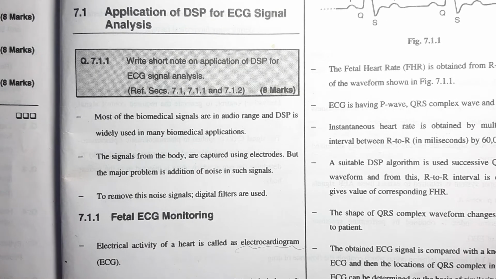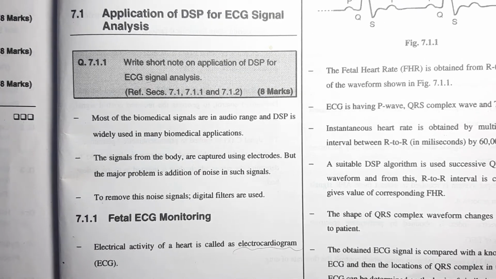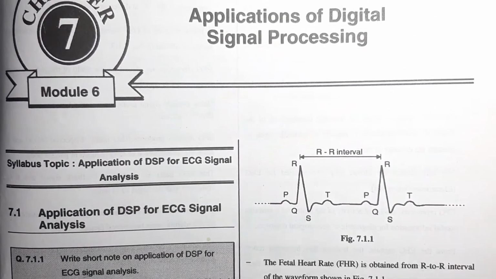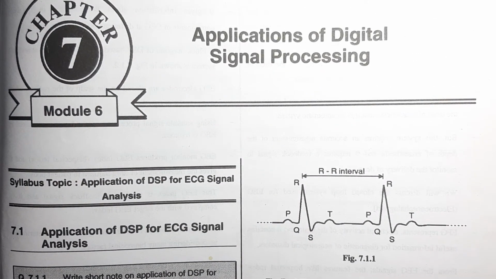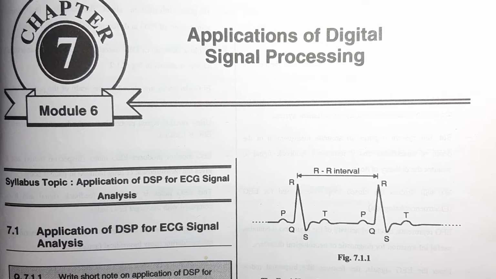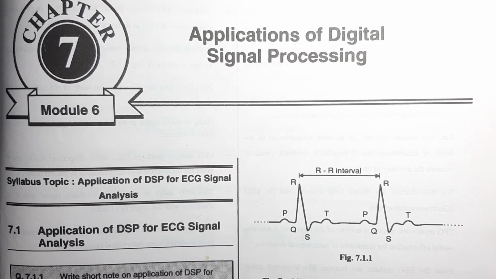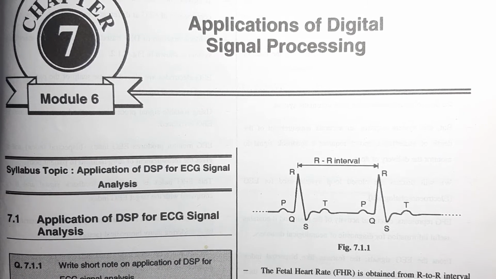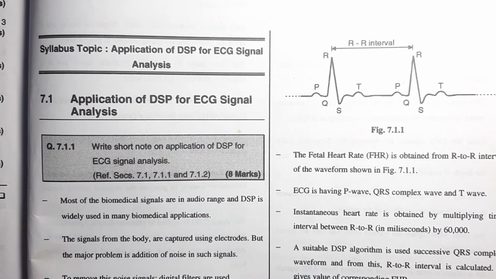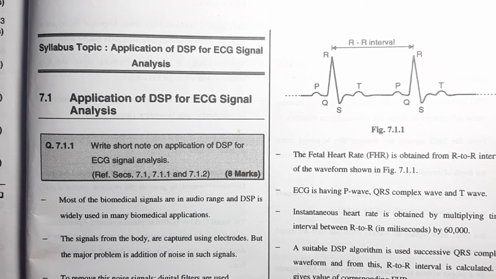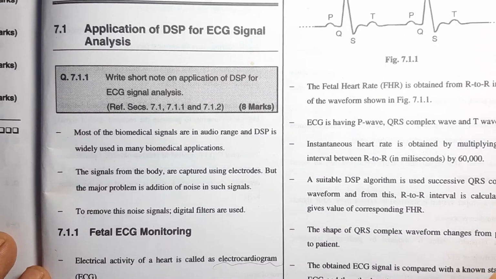Hello everyone. Today we are going to begin with the last module, module 6, that is the applications of digital signal processing, and it gives me sheer happiness to say that this will be the last module for the DTSP and/or DSP subject. Now, the application has been divided into 4 to 5 sections majorly, so we'll cover all of those today.